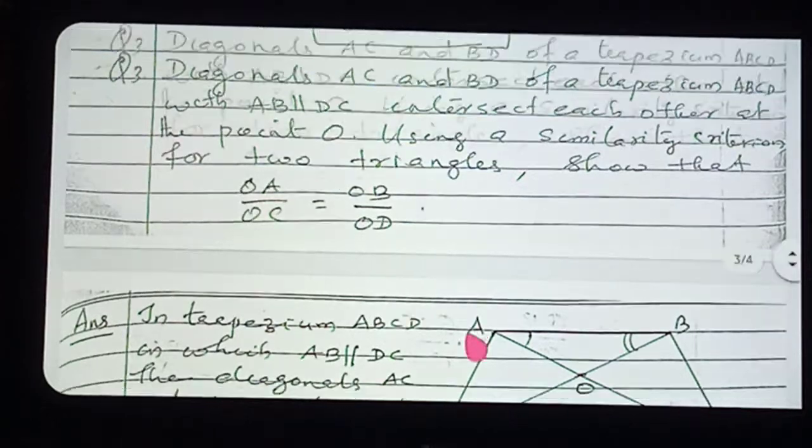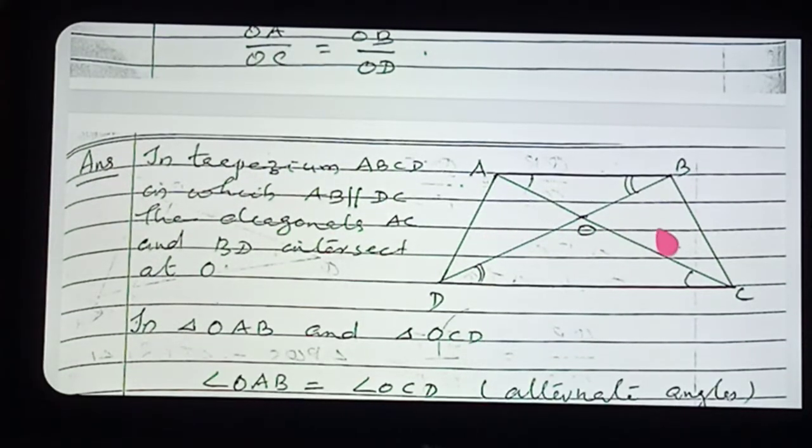So, instead of taking these two triangles, if you take these two triangles, it is not possible because you do not know AD is parallel to BC. It is not given. AD is not parallel to BC, so these alternate angles will not come. So, take the triangles the proper way and take the correspondence the proper way, then only you will be able to prove it. This is the main practice you need. Draw many triangles, find out their similarity, and which criteria we are applying. You yourself find out. Then you can prove such riders very easily.